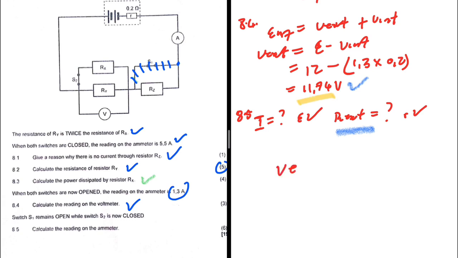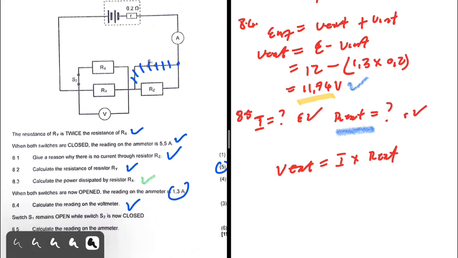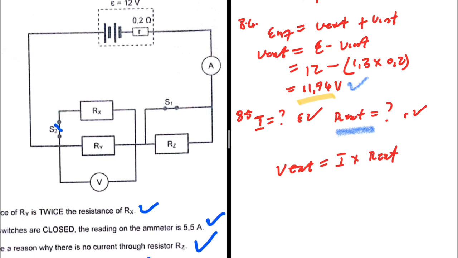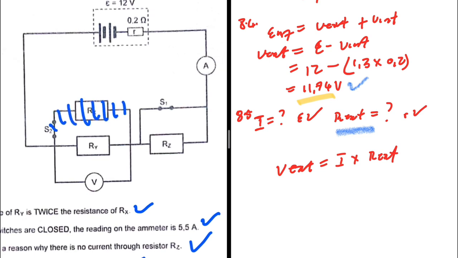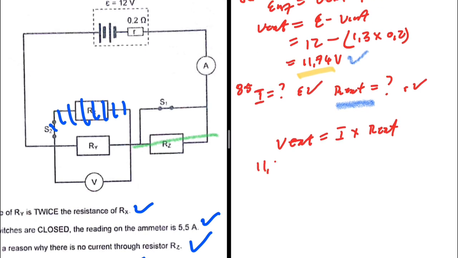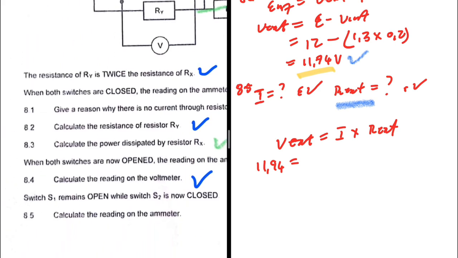First, I'm going to say that V external is equal to I multiplied by R external. Let's take a look at what happens when both switches are open. When S2 is open, let me erase this first. When S2 is open, there is no current that flows in this path. And then when S1 is open, current flows through Rz. So when S1 and S2 are open, our external resistance is Ry plus Rz. They are now in series with each other. So V external, which is 11.74, we know that from the previous question, is equal to the current, which is